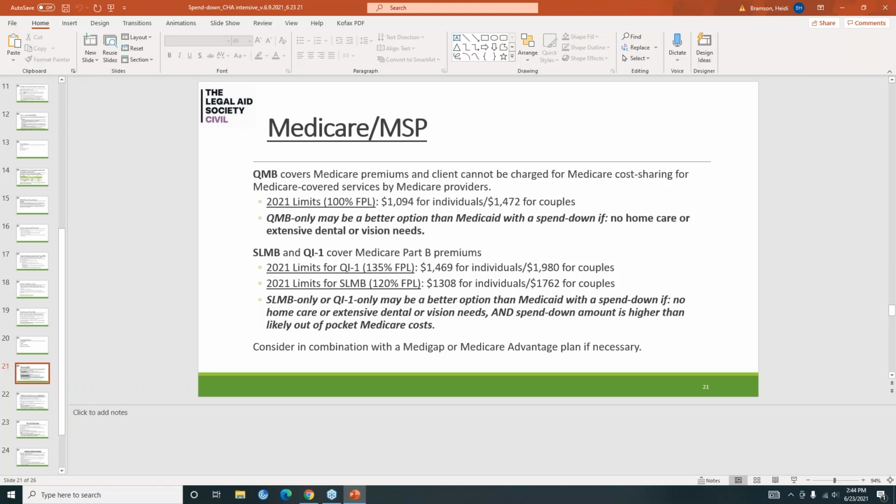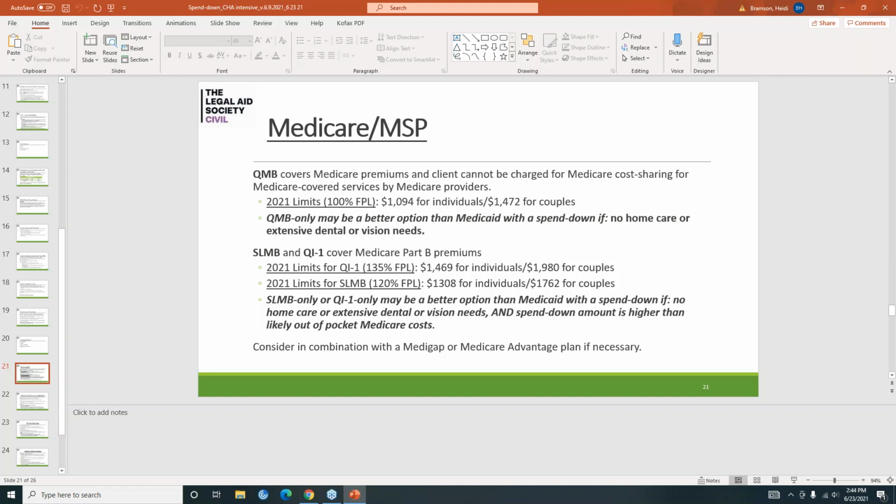She was seeing Medicare providers. So she did get bills every month that was Medicare cost sharing, but because she was in QMB, she didn't have any responsibility for those bills. And for her, it made sense just to remain in Medicare only and be in the QMB MSP program. So for her, it did not make sense to satisfy her Medicaid spend down.